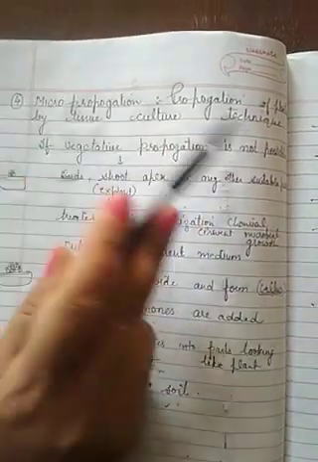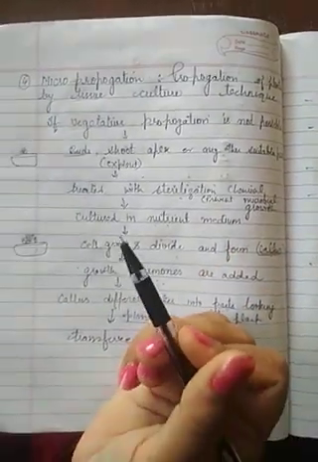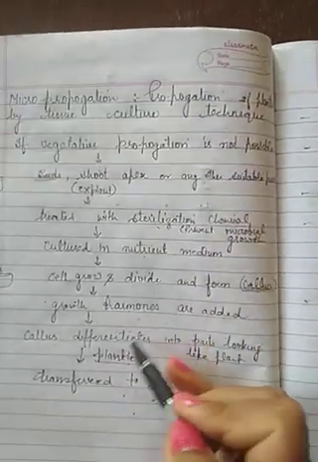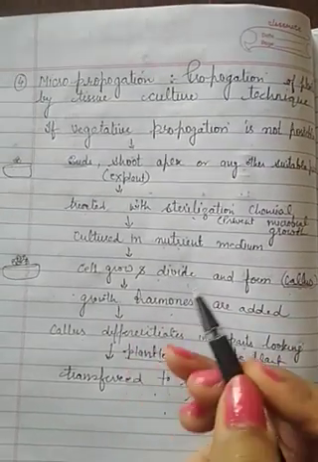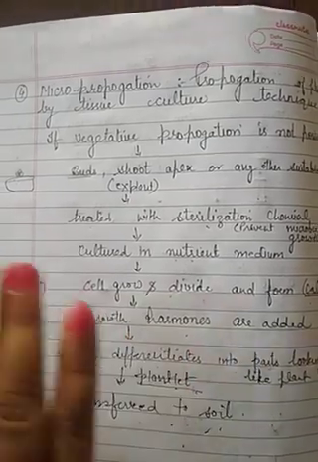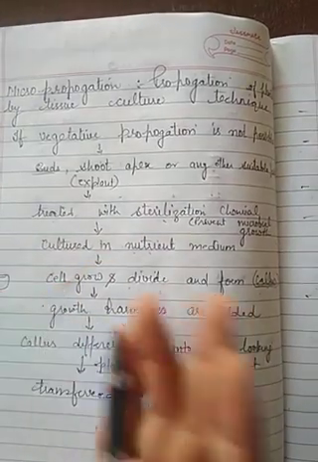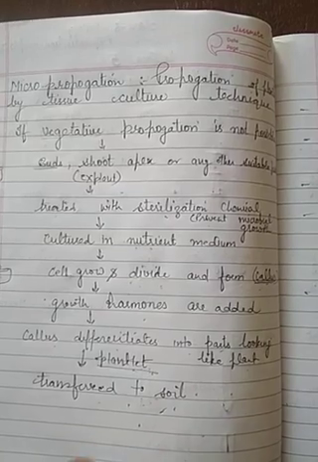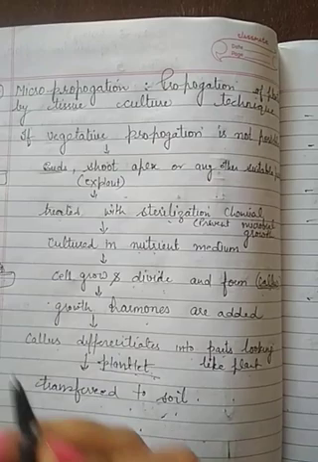Now we have studied the four things, that is cutting, layering, grafting and micropropagation. These are all artificial propagation. Now what are the advantages of micropropagation? If we are growing a plant by a tissue, what will be the advantage? If we have the parts of the plant, then it is easy for us to grow a plant. But if we don't have the seed, how can we grow the plant? We have done the process of layering, cutting or grafting, but again the plant is not able to form. Then only we use small parts of the plant to grow a new plant.